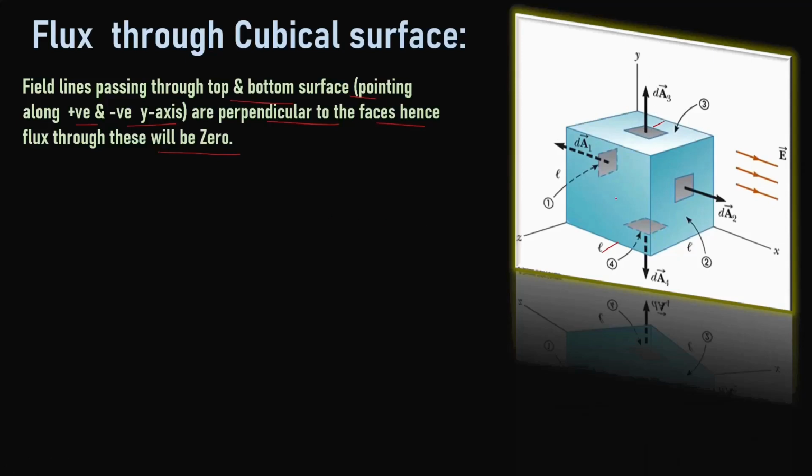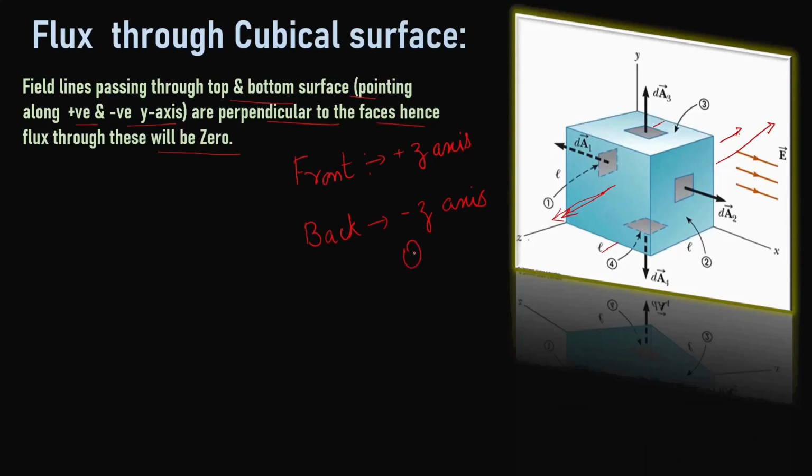Now next, let us take the front portion and the back portion. So again let us take the next 2 faces. First is the front portion and another one is the back portion. Now let us see what will be the area vector for the front portion. Here we notice the front portion's area vector will be pointing along the positive z-axis. And for the back portion, similarly, it will be pointing along the negative z-axis. So these are the directions associated with the planar faces, positive z-axis and negative z-axis for the front and the back portion.